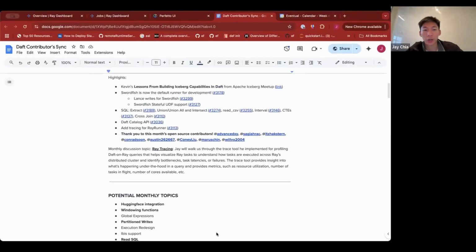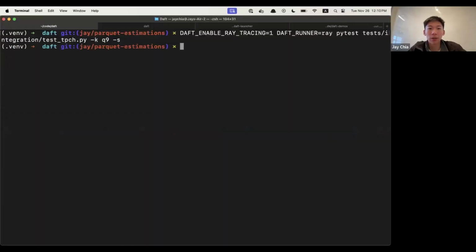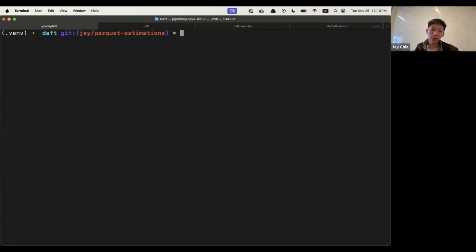So I'm gonna go ahead and share my entire screen so I can give a quick demo. Cool. So with the new version of Daft, you can actually run Daft with Ray and with a new flag that we've added, which is this